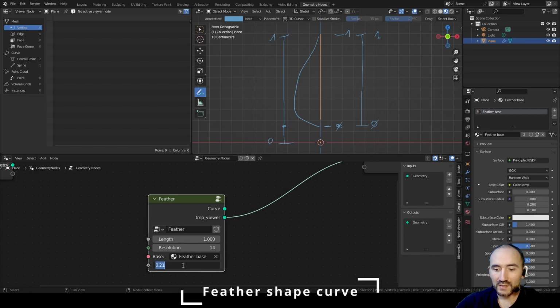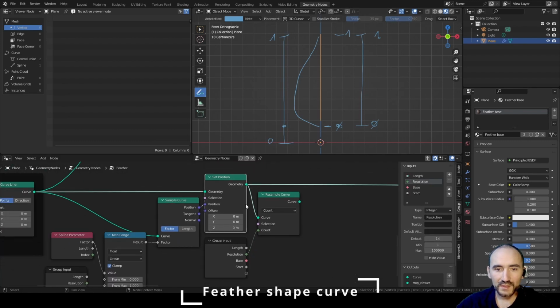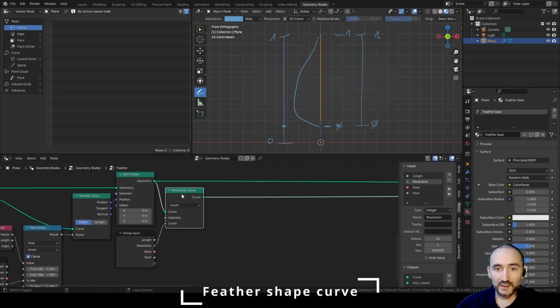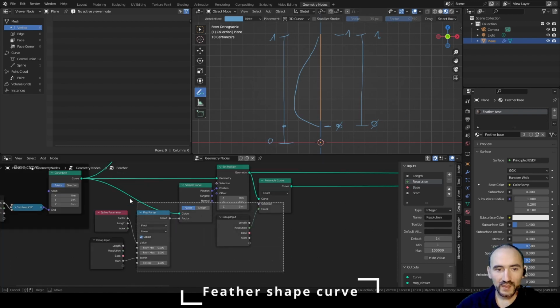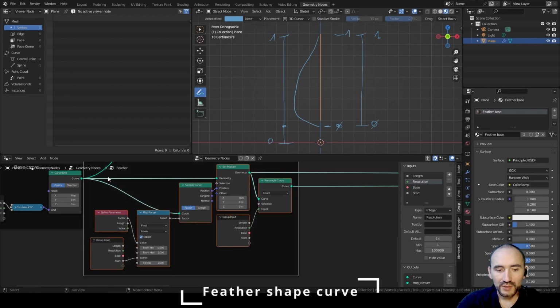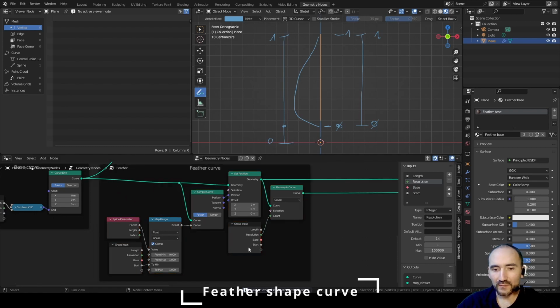So we can set, for example, 0.2, and this is the new curve. Tab to enter in the group node, Shift, Alt and click to see the resample curve. Now we will use this curve with a horizontal curve to create the entire shape of one side of the feather. We can select all these nodes, Ctrl J, F2, feather curve, G to move a little bit. Now I don't press Ctrl H to hide this unused attribute because we will add more attributes to this